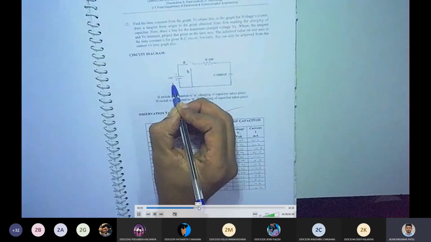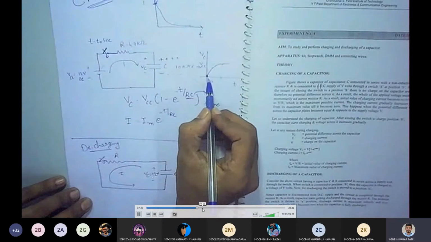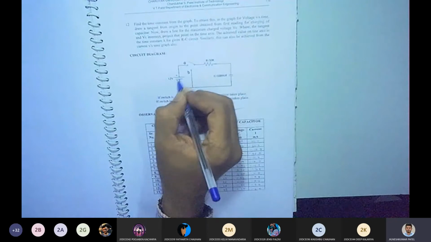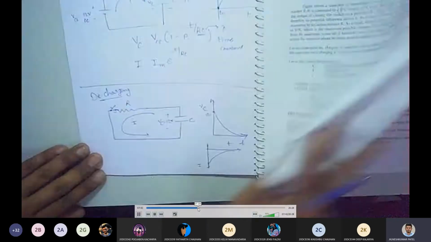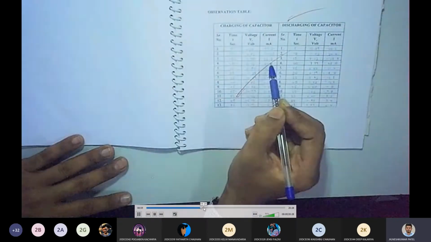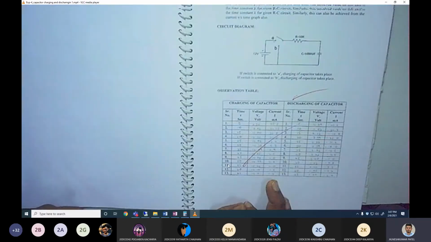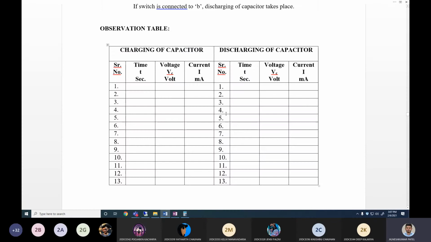We have a battery, which we use for charging and discharging. In charging, when your switch is at the B point, it means we exclude the supply. You close the switch to 12, right? And see, it is practical. Once you do this, then we'll start doing discharging. So charging and discharging have to be done as follows: first you charge the capacitor, and then in the same way you discharge the same capacitor. You'll get these readings. Then once you get that, you are going to plot a curve.